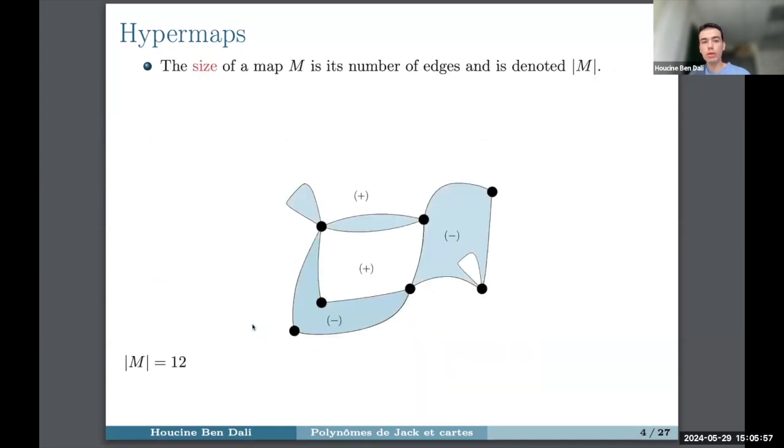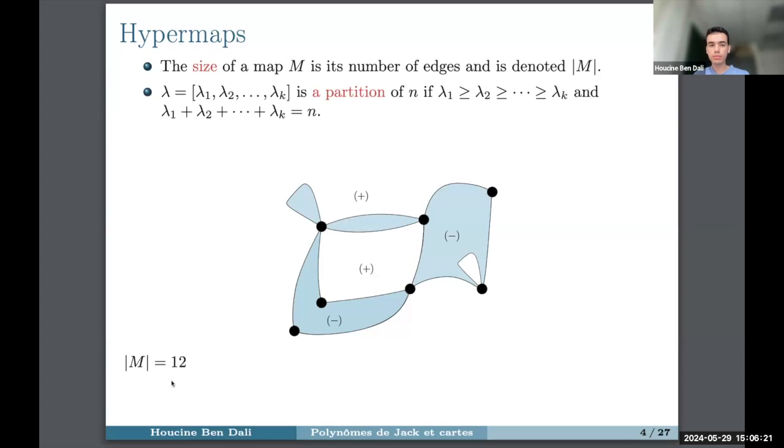Now we have a map, and we will consider generating series. We will try to keep track of some information about the map, and the first information that is natural to think about is the size of the map, which is also the number of edges, and we will denote it with these bars. Here we have a map with 12 edges, so with size 12, and then we can also try to have more